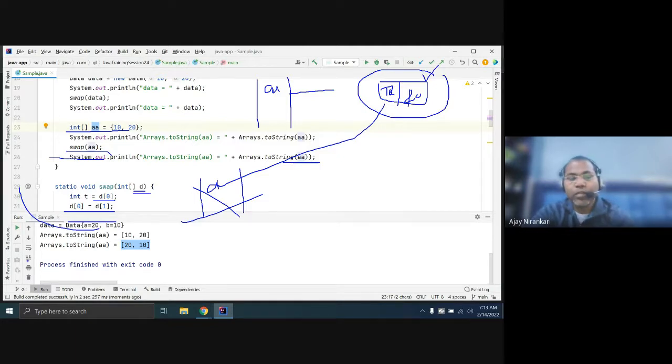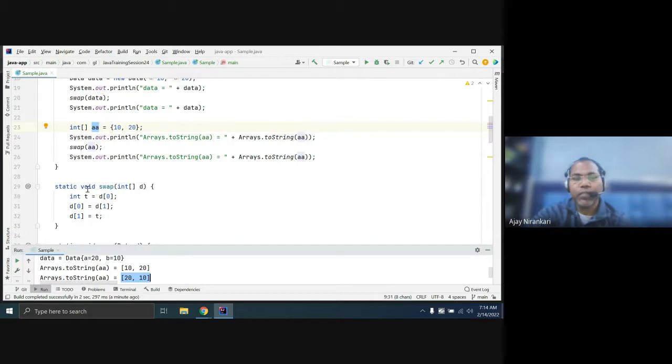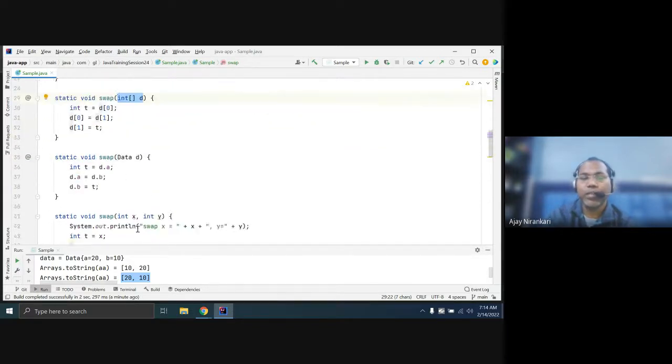So it is not always true that if a method is void, it has no impact. It can have an impact if you pass an object. It can change the state, it can change the value, and the original a from where it was called also changes. So here you are passing an object. Here you are passing an object.